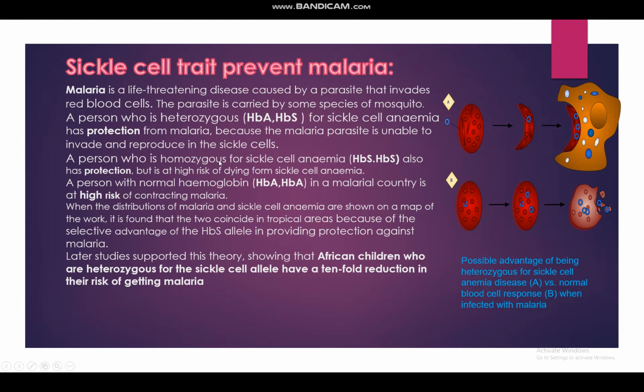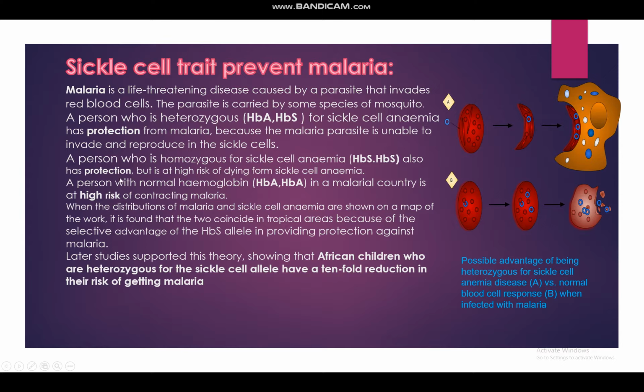Now a person who is homozygous for sickle cell anemia, having the genotype HBS, HBS, also shows protection but is at high risk of dying from sickle cell anemia rather than malaria. So he will die at an early stage. Although he shows resistance to malaria, the death occurs due to its own